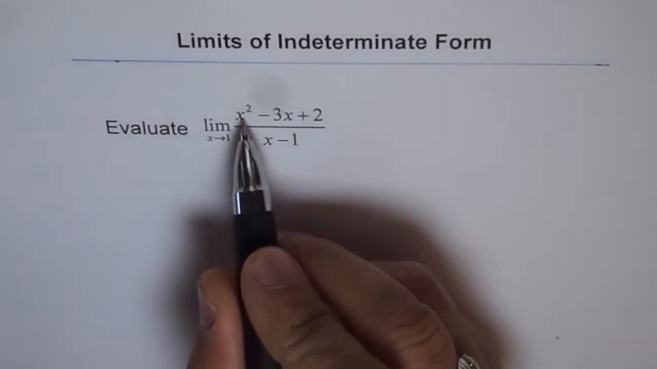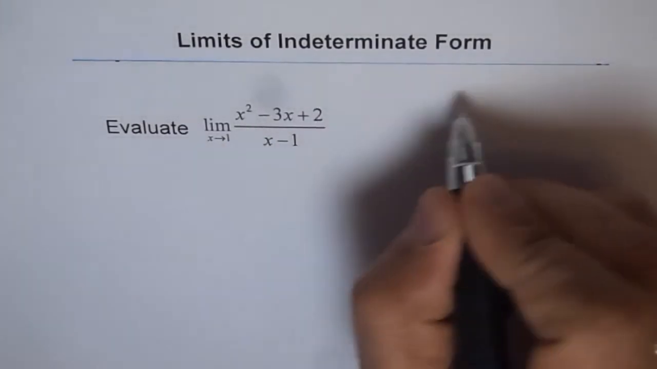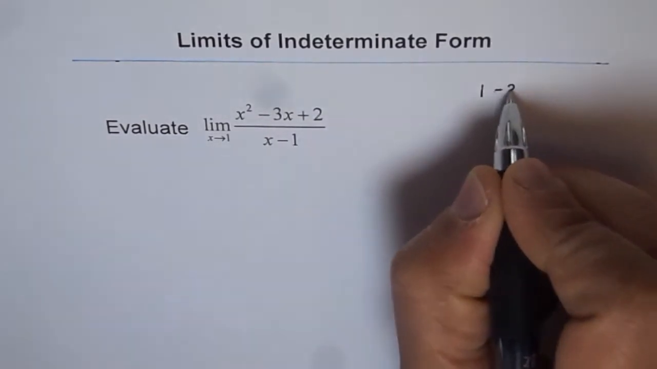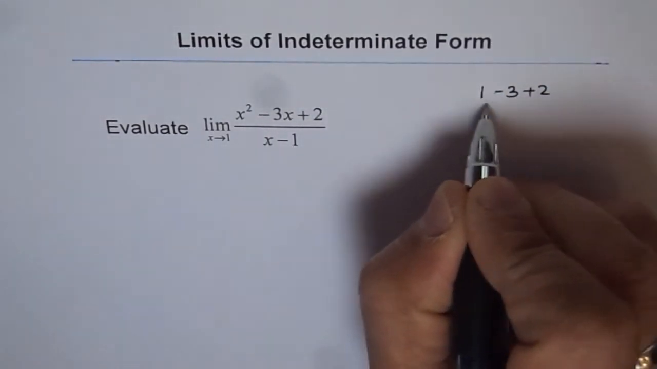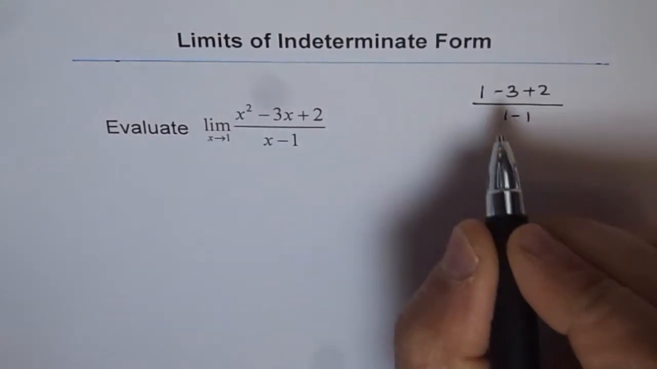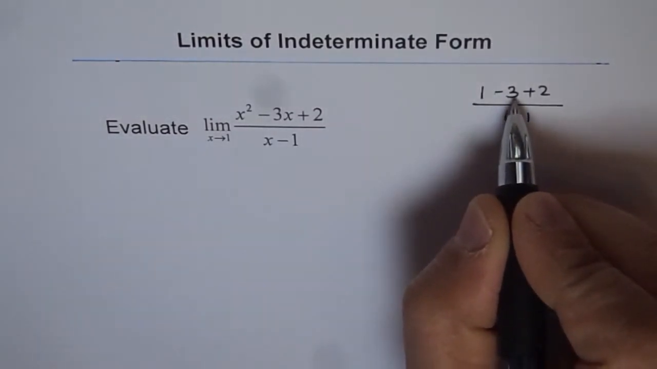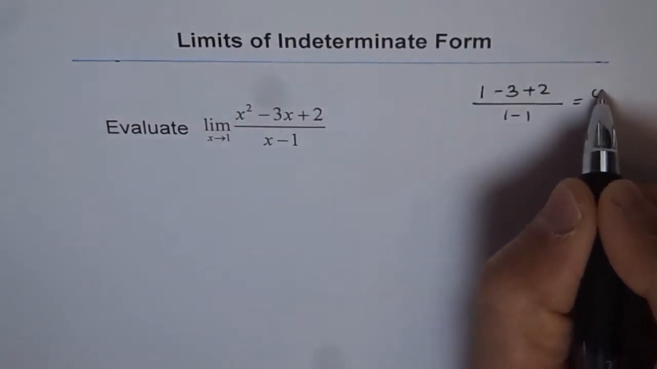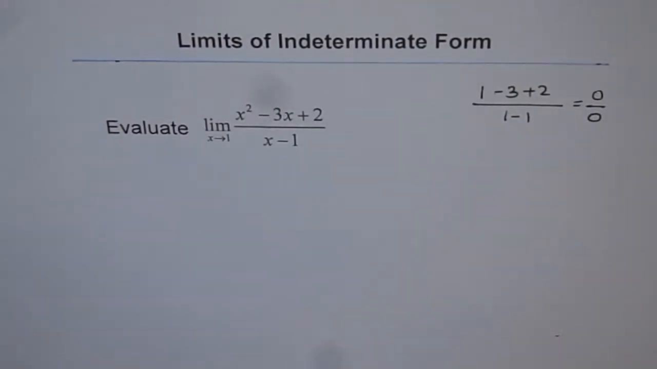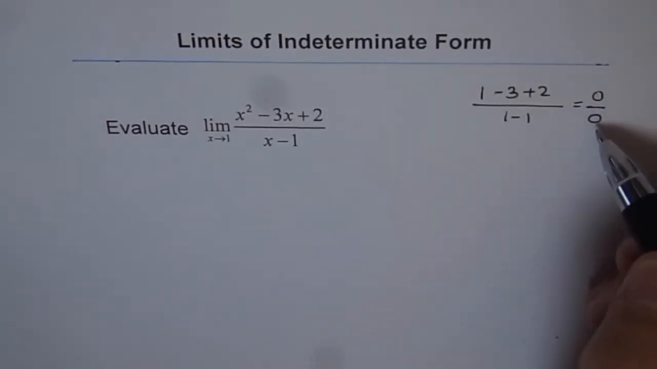If I write 1 for x, then I get x squared as 1, minus 3 times 1 is minus 3, plus 2 in the numerator, and in the denominator 1 minus 1. Now 1 minus 3 is minus 2, minus 2 plus 2 is 0, so we get 0, and 1 minus 1 is 0. So when we substitute the limiting value, and we get 0 over 0, then